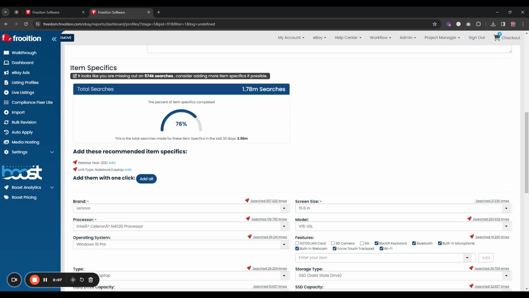So it's already suggested adding on some missing item specifics, which can easily be done by clicking add all. But you'll see up here, you've got the current optimization score around the item specifics, which is 67%. It's currently appearing in 1.78 million searches over the past 30 days, but the actual category data was 2.3 million searches. So it's missing out on quite a few searches due to missing item specifics. So if we add these missing recommended item specifics on,